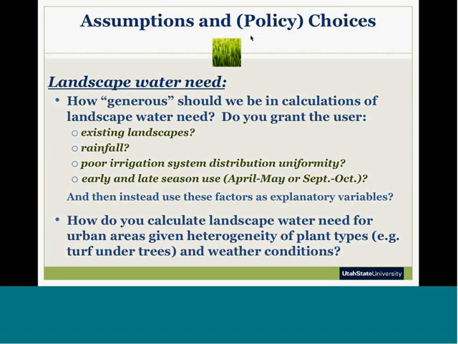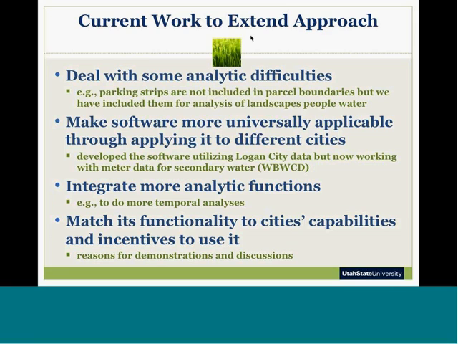So those are some choices in using the software. Currently, we're doing some work to extend the approach to deal with some of the analytic difficulties that we've discovered over time. One is that in many cities, the parcel boundaries do not include parking strips that contain a lot of vegetation that people nevertheless water. And so we have developed and put into the software a buffering routine to allow it to identify landscaped area that most likely is being irrigated, but that is not included in parcel